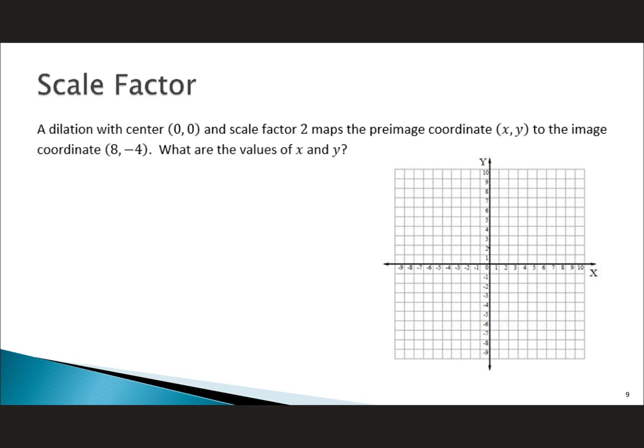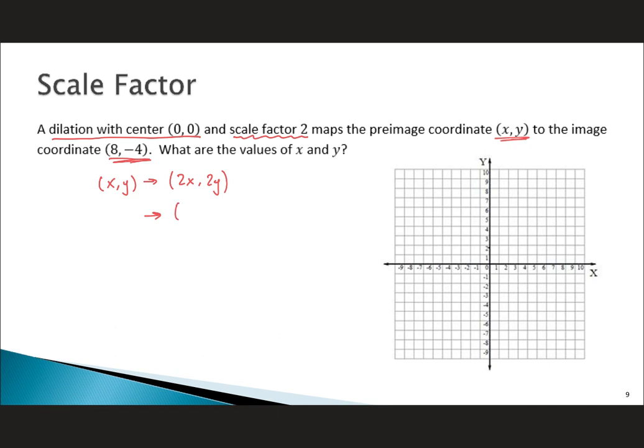Now, a different type of problem is when you are given the dilation and the image, and you're told to find the pre-image. Okay, so a dilation with a center of 0, 0, aka the origin. The purpose of this little piece right here is it tells us we're allowed to use our rule. Now we have a scale factor of 2, and the pre-image coordinates are x, y. The image coordinates are 8, -4. Okay, so if we have x, y, I'm going to write out the rule, to 2x, 2y,